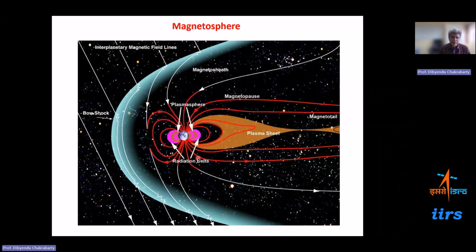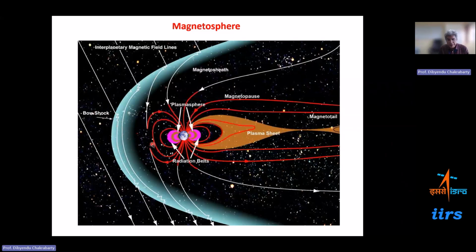As you know, Earth has a magnetic field which is primarily dipolar, and this dipolar magnetic field doesn't look dipolar because of the solar wind. On the day side, it is highly compressed. On the night side, it is highly elongated, and therefore it gives us this type of appearance where day and night sides are asymmetric. It is because solar wind flows this way, and the solar wind magnetic field, which gets connected to this magnetic field, takes the Earth's magnetic field to the night side, stretching it to a great extent, and that's how the magnetospheric cavity looks asymmetric.